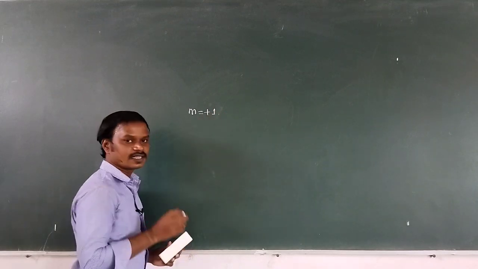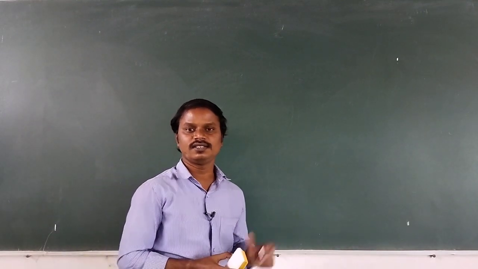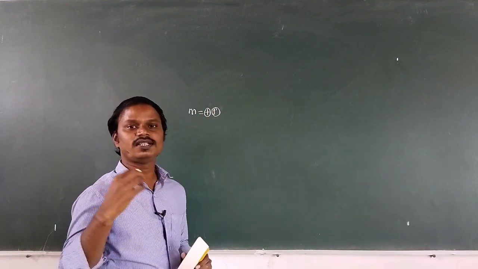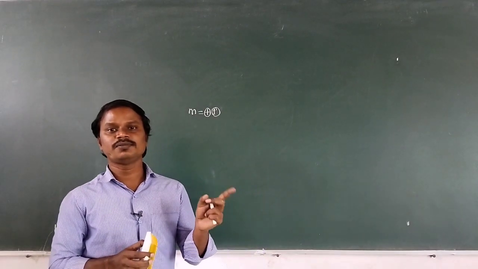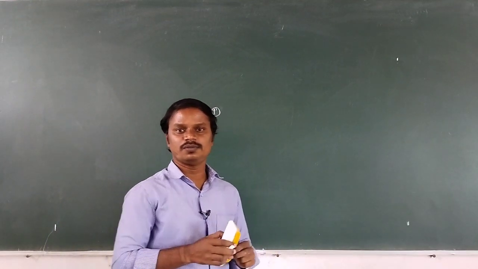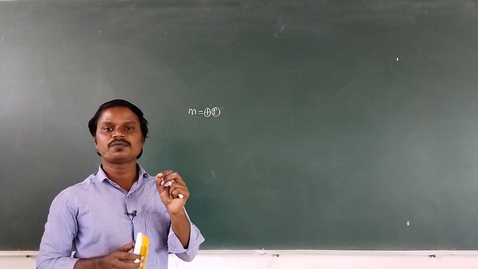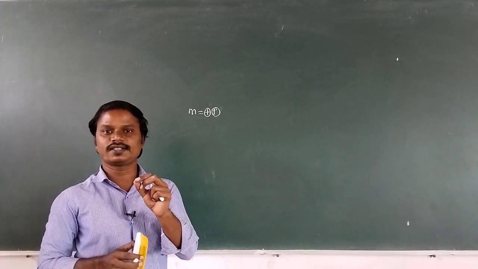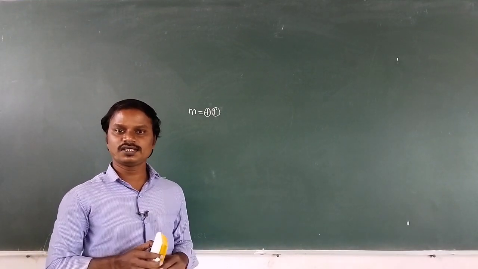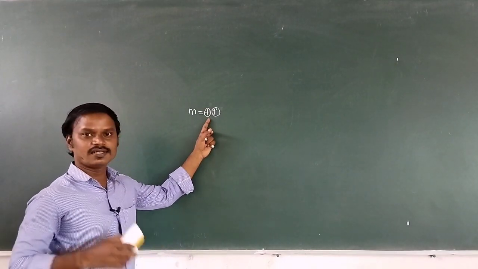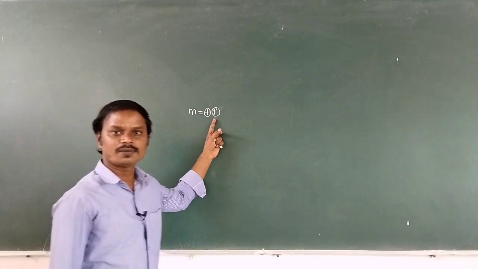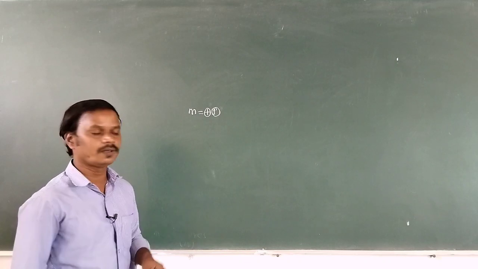So here the positive sign signifies that the image is erect. And what the numerical 1 indicates? The numerical 1 indicates that the size of the image is equal to the size of the object, means the height of the image is equal to the height of the object. Always the image formed by the plane mirror is virtual and erect, and the size of the image is equal to the size of the object. Virtual and erect can be represented by positive sign, and 1 indicates the size of the image is equal to the size of the object, means height of the image is equal to height of the object.